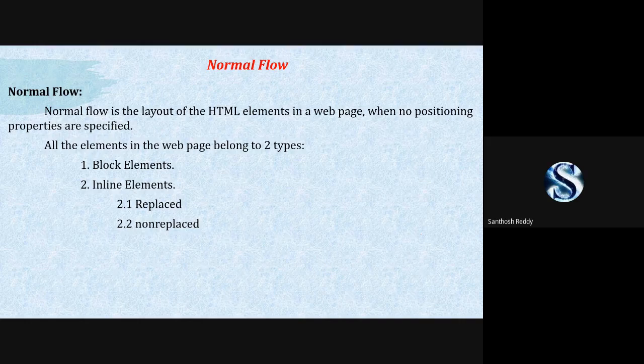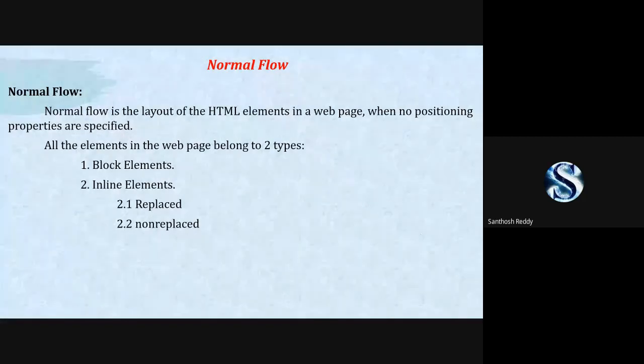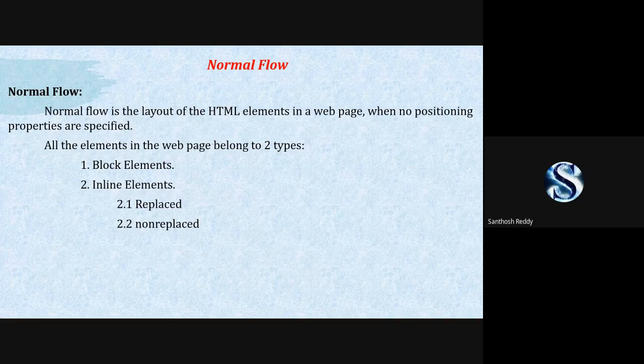What do you mean by replaced? Can anyone say? Replaced inline elements are elements whose appearance is defined by external resources.